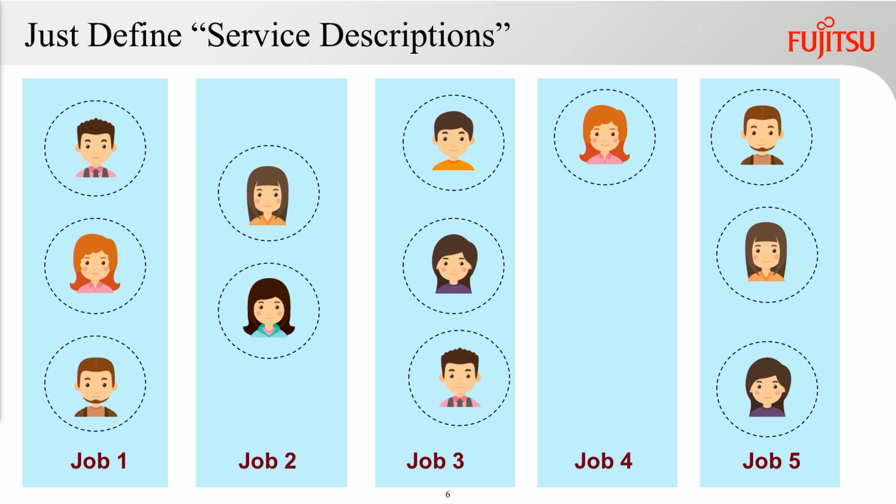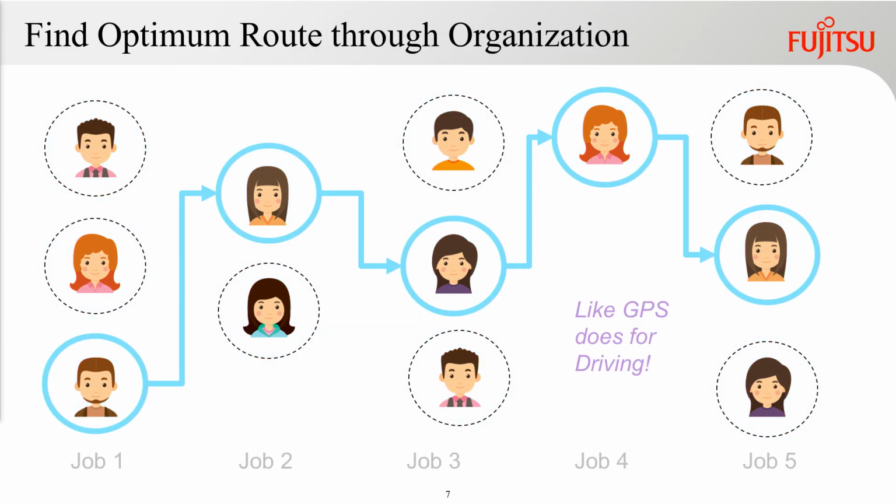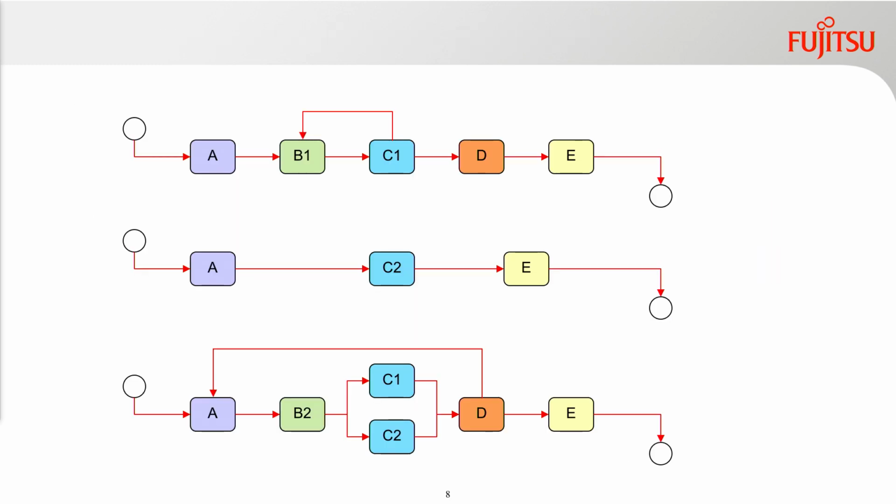So let's throw all that out, and let's think instead about defining all the tasks that need to be done in an organization. Now let's define all the people who do those tasks and the requirements around the tasks. And then what we can do is have the system find an optimized route through all of these, through your organization to complete your work. We can optimize this according to who's available and the individual case and all sorts of things like that. So that's our goal. It's a little bit like the way a GPS does it when you're driving on a map.